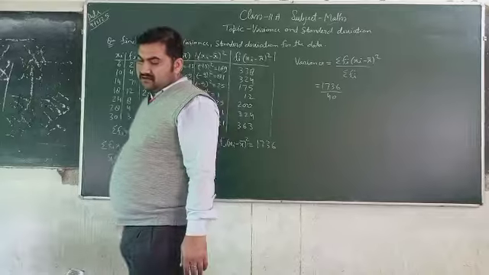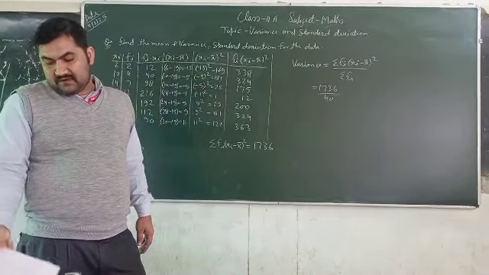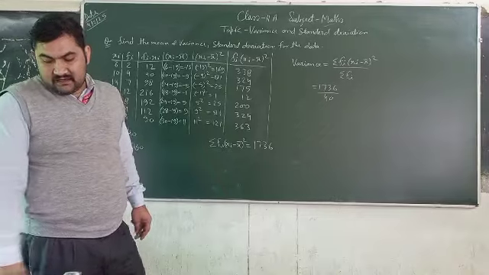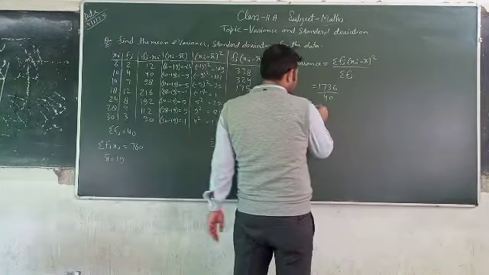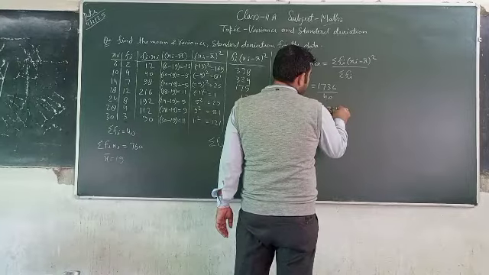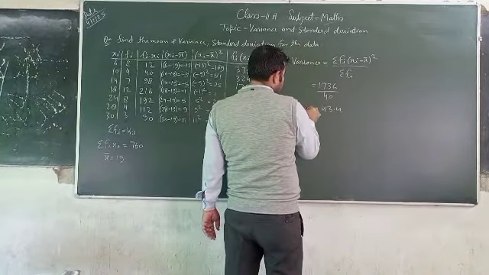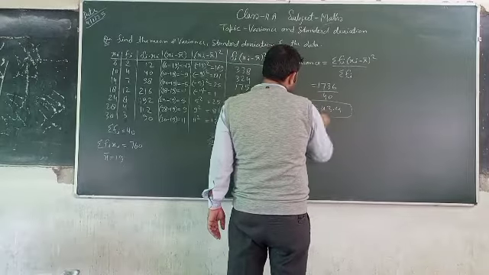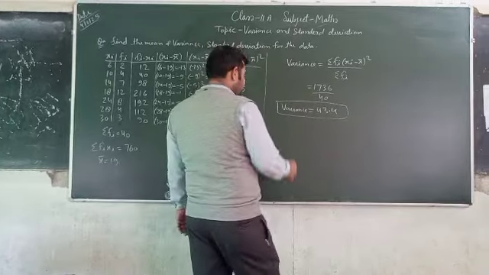डिवाइड कर दीजिए, और डिवाइड करने के बाद जो आ रहा है वही आपका वेरिएंस हो जाएगा, and that is 43.4. That is 43.4 variance is equal to 43.4. Now standard deviation,